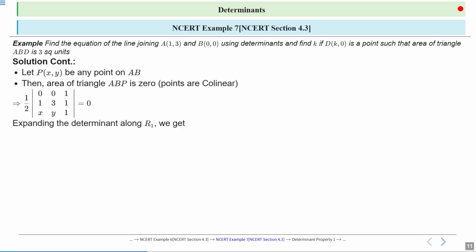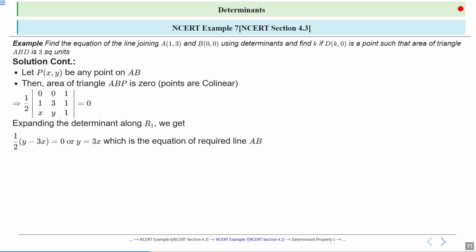So when we expand the determinant along row 1, why do we expand along R1? Because there are 2 zeros present in that row. So the calculation is easier than if we consider any other row or column. Okay. So when we expand, we just need to calculate 1 by 2 into the last element of that